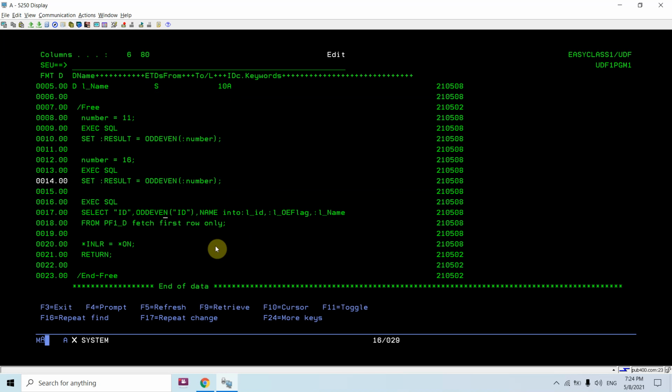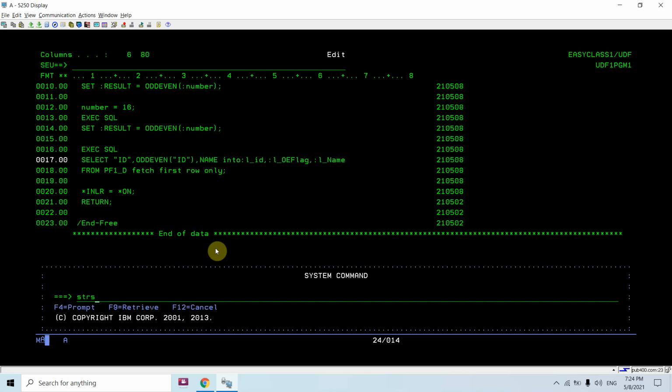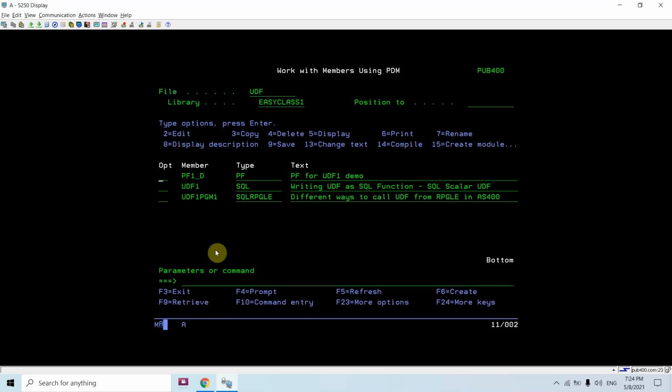The second way is to reference that in the SQL statement: select id, name into these variables from this file, fetch first row only. You can see on the id column I applied this function odd even. Let me show you with work member.